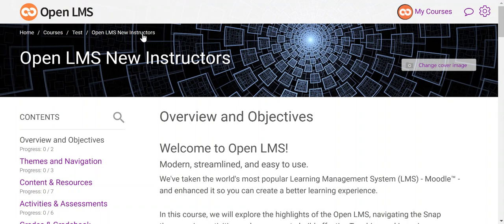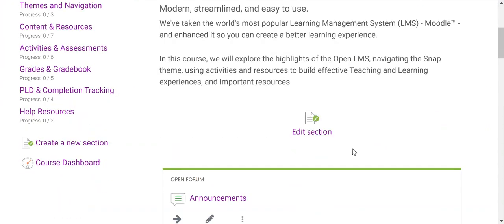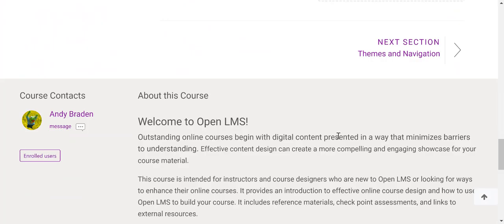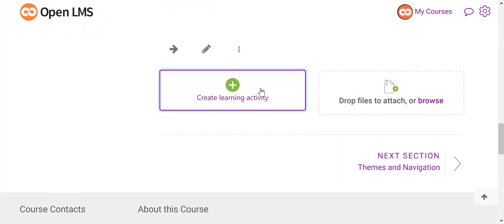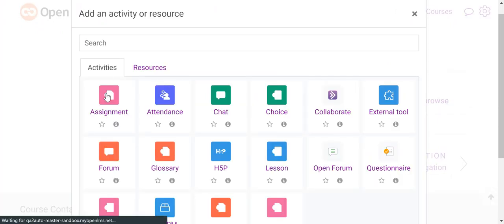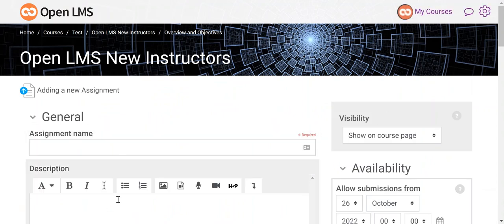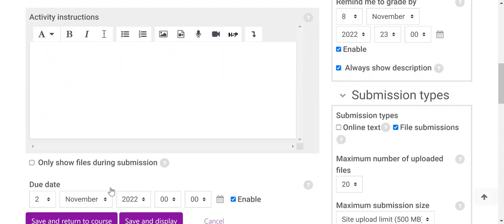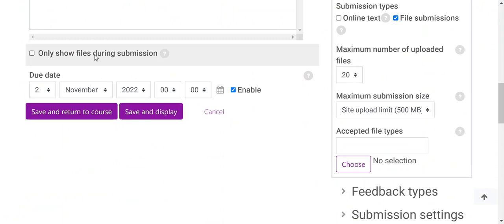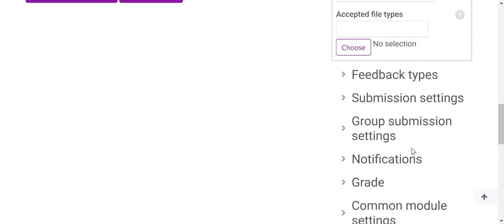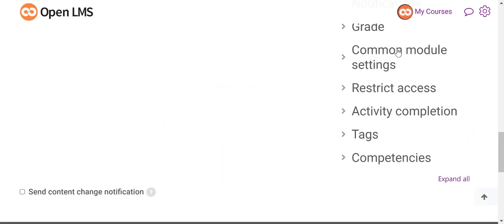But when we add things like from the activity chooser, we can see that those new colors have come in. Another thing I wanted to show you, let's add a learning activity. We're going to grab an assignment in here. So if I'm adding an assignment, you see I have all of those same settings that I've always had. Give my instructions. I can show files during submission. I have all of these things over here. And I do have that option way down at the bottom on the left-hand side to send the content change